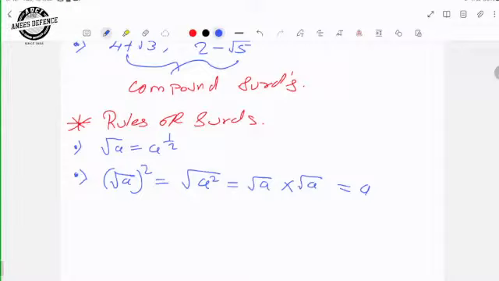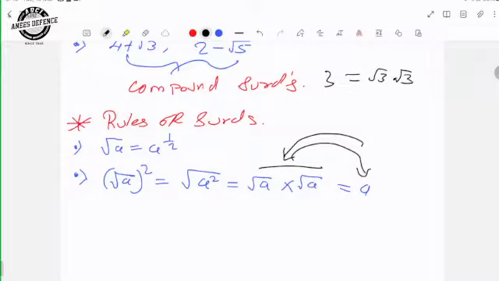नेक्स्ट, इसको देखो, कभी कभी उल्टा भी सोचना है। सिर्फ सीधा नहीं सोचना, उल्टा भी सोचना है। जैसे कि 3 को अपन कैसे लिखेंगे फिर? √3 का स्क्वायर। समझे बात को? ये भी क्वेश्चंस में सोचना है।